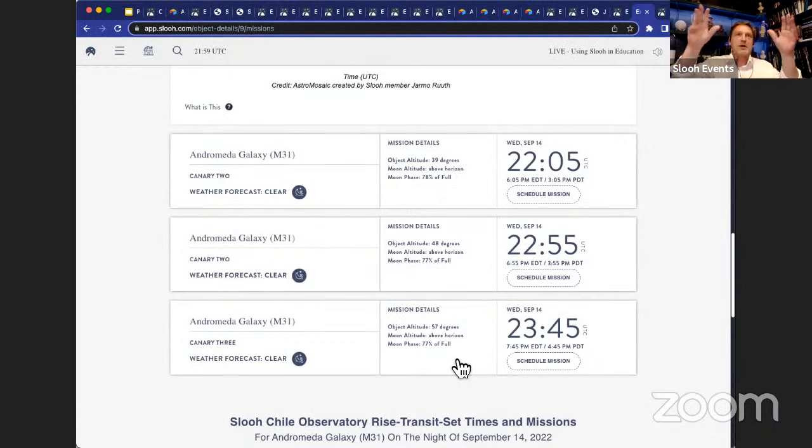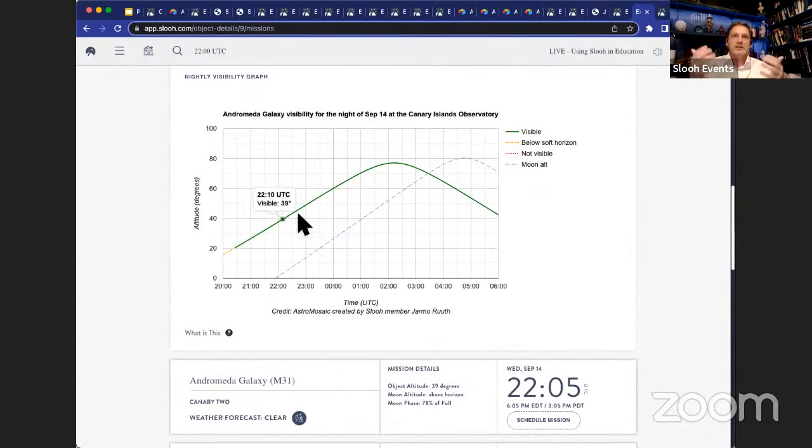And don't forget that chart that John showed above is showing them when the object is highest in the sky, and also how close the moon is to it as well, and how high the moon is. So those are both factors. But the other thing, John, is do make sure you check the observatory mission status report each morning.